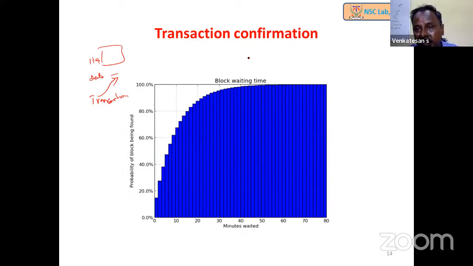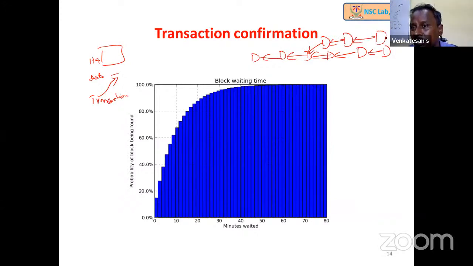So the blocks keep on going like this. We'll discuss this in detail in the consensus part also, but just briefly I will tell. The chain will be going like this, but there is a possibility that the chain may go like this, which is referred to as a fork. The chain which is the longest is considered the main chain. Here, this contains 6 blocks and this contains 7 blocks. So now the main chain is this one, not this one.